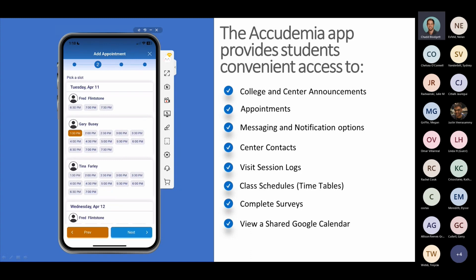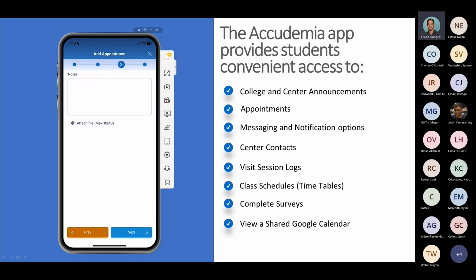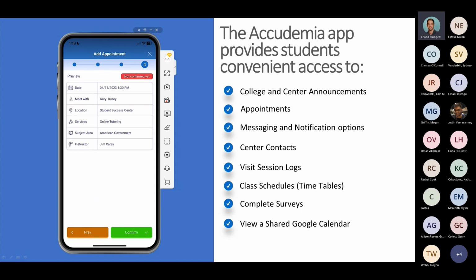So I choose who and what time I want to book the appointment. Click next. This is where I can leave notes, comments on the session. I can attach my file, if I want to attach my paper. It recaps the appointment, allows me to click confirm,